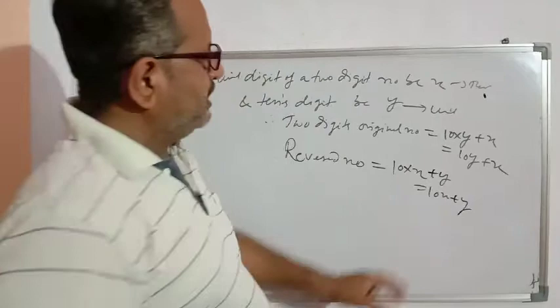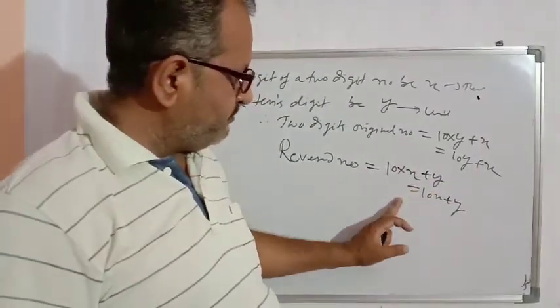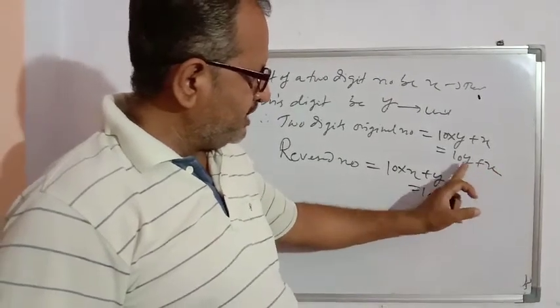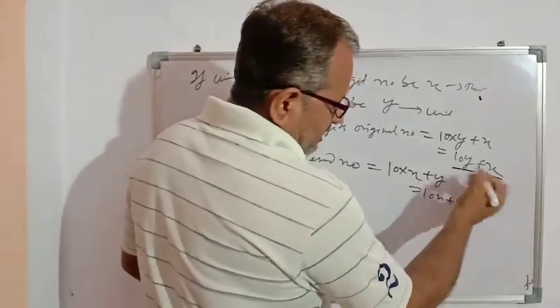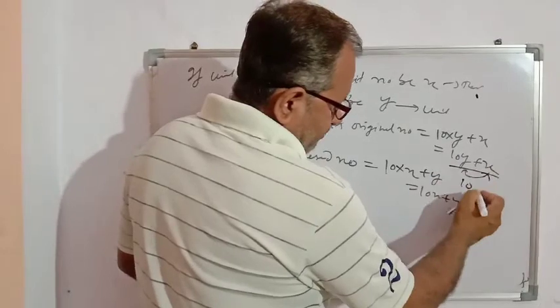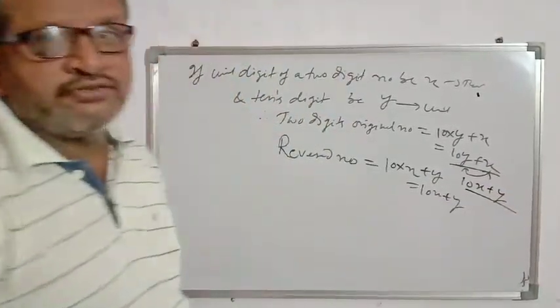So if the 2-digit number is 10y plus x, how can we form the reverse number? Interchange x and y. So it will be 10x plus y. In the 2-digit number 10y plus x, in the reverse number we will interchange: in place of y it will be x, and in place of x it will become y. 10x plus